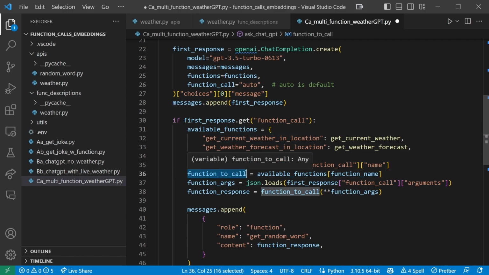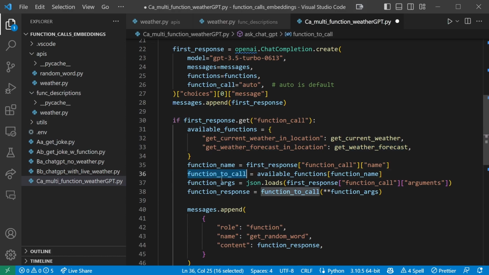Then we get the function to call from the available functions object by passing in the function name. So if ChatGPT wants to call this function, it's going to give us this name. And I gave them different names just to show you that it doesn't matter. So whichever one of these two names ChatGPT sends to us, we'll get the actual reference to the real function